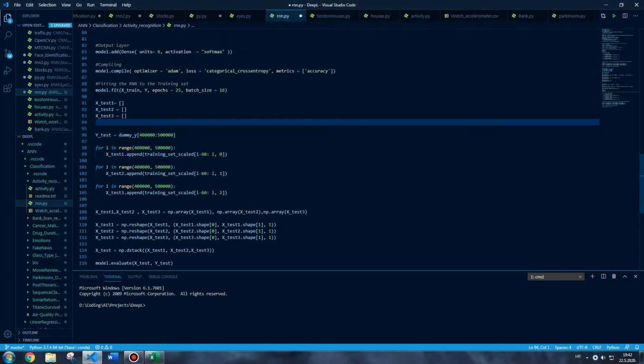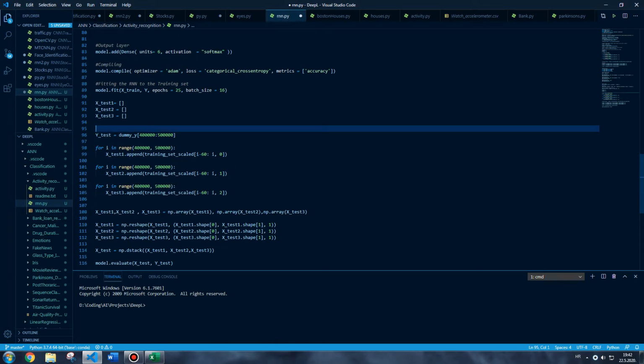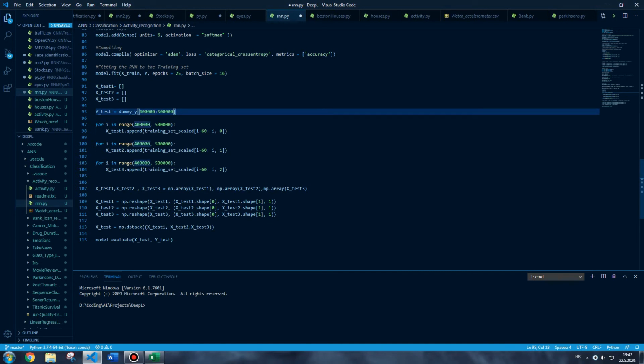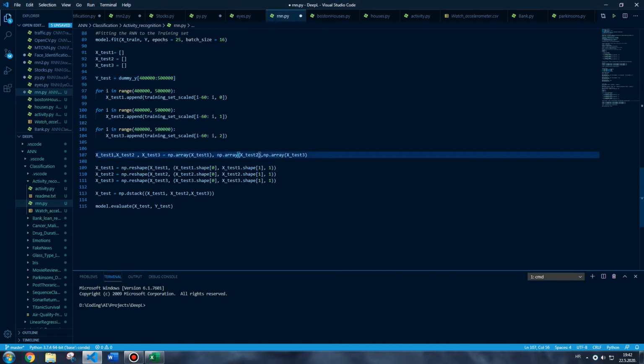So we're just going to do the same thing that we did with the time series data for the test data. Also with the labels, we're just going to test it from 400,000 to 500,000. Again, converting to Numpy arrays, make it into 3 dimensions, stack them up in rows in the 3rd dimension, and evaluate it on the test data. Now, I trained it on the first 100,000 examples, through around 10 epochs, and I got, as I said, 85% accuracy on the training set and 65 on the test set, which is again pretty good, because